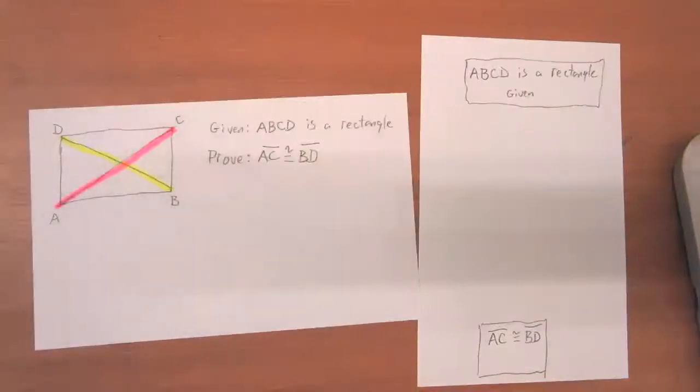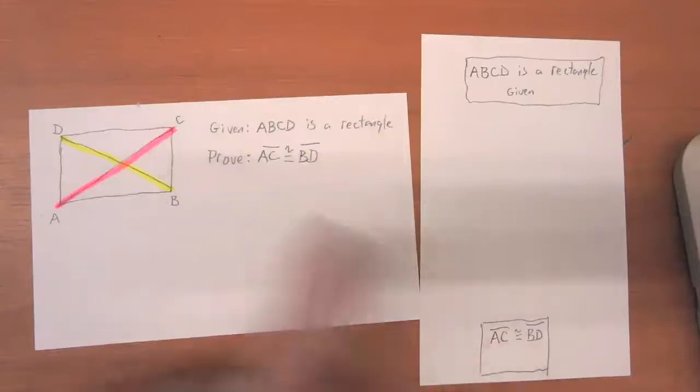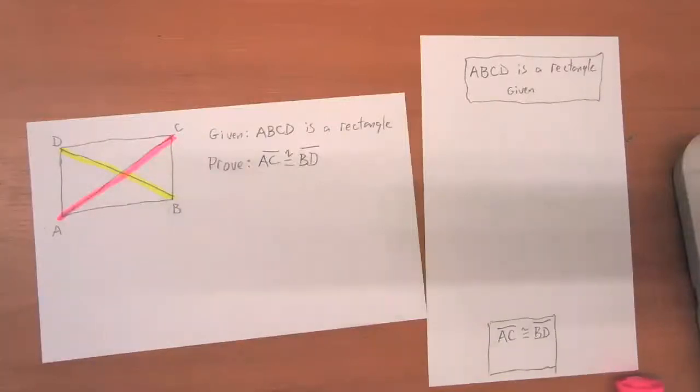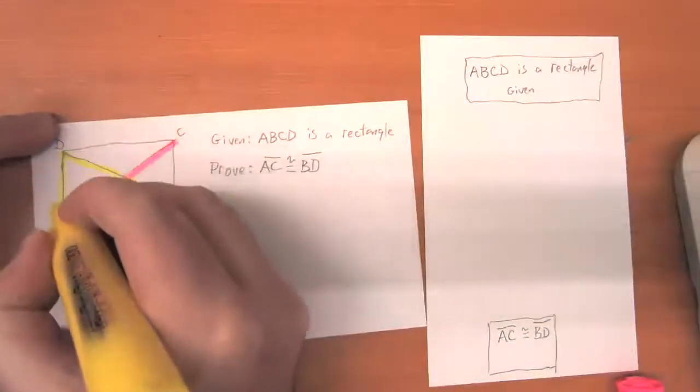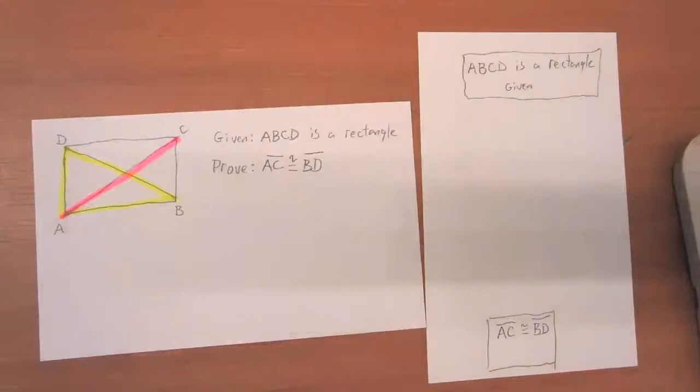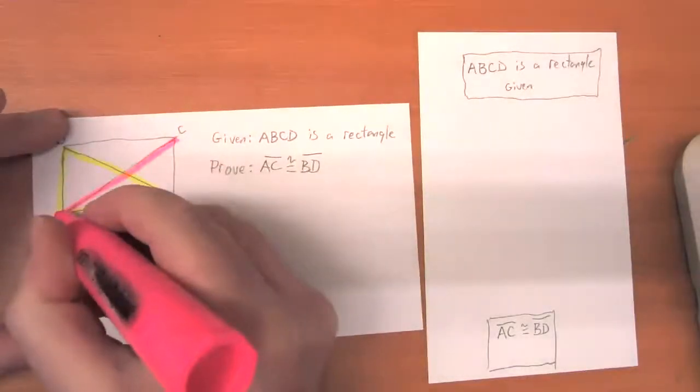The one trick that I know in geometry that we've used over and over to prove that line segments are congruent is that if we can prove that these are corresponding parts of 2 congruent triangles, then we're all set. So can you see 2 triangles in this diagram, one of which has this diagonal as a side and the other has the yellow diagonal as a side, that would have to be congruent to each other? All right, and so here's what I see. If I can prove that that yellow triangle is congruent to this pink triangle,